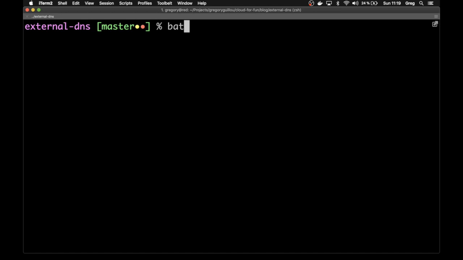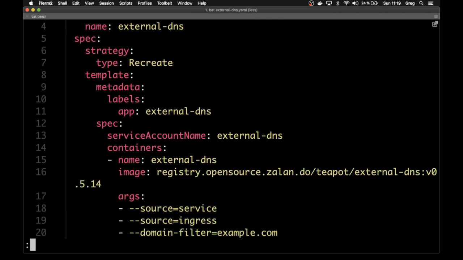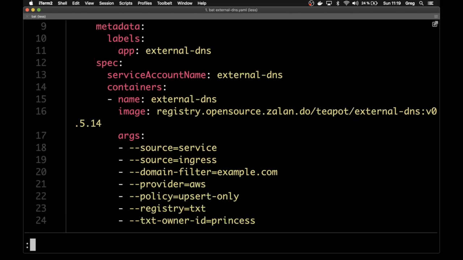Obviously, it's already configured, so I've deployed external DNS, and the way I've deployed it is with this manifest I've created. This manifest is actually the external DNS controller. It's a deployment, and it has some useful information. First, it relies on the service account.